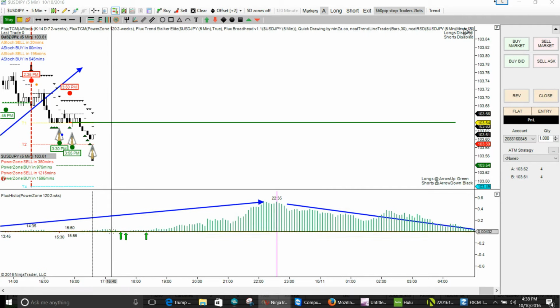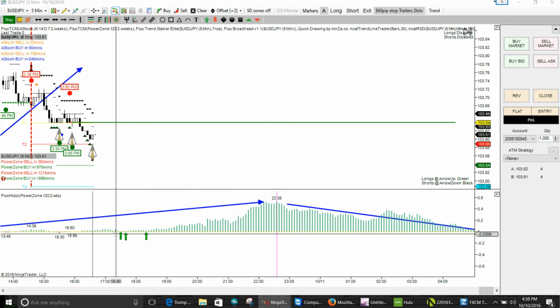All right, we're waiting for the big move. It looks like it's going to be a big run up on this JPY pair and a huge histogram here up till